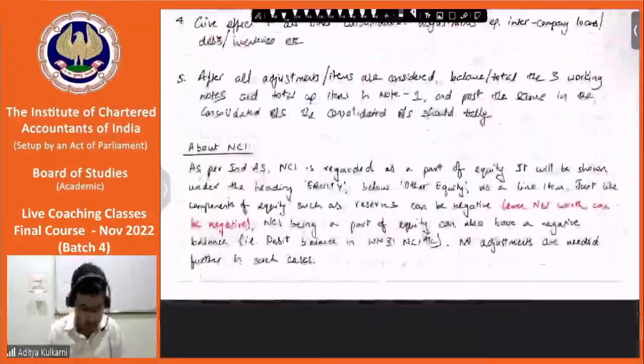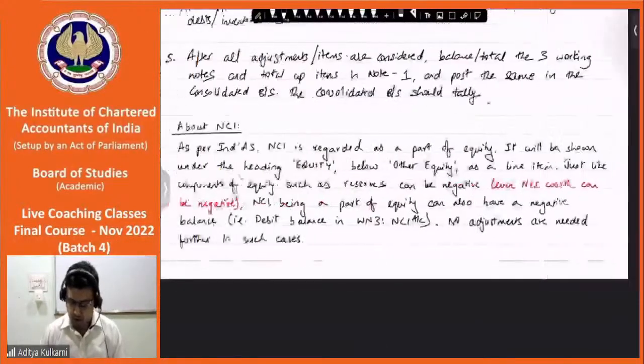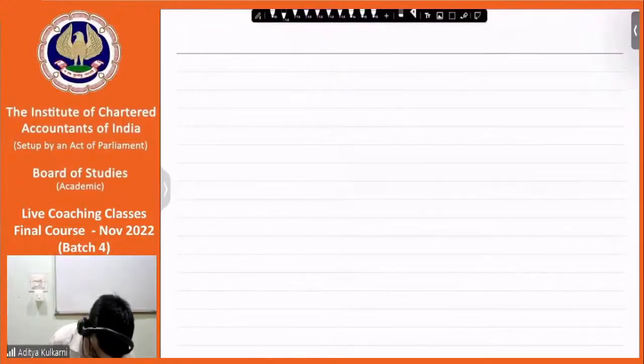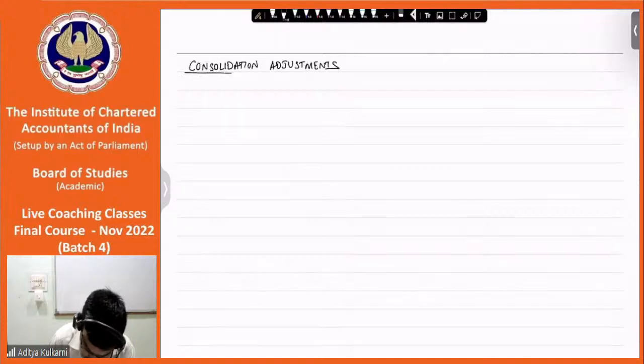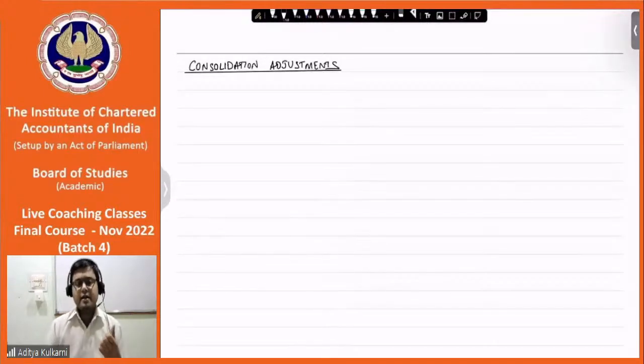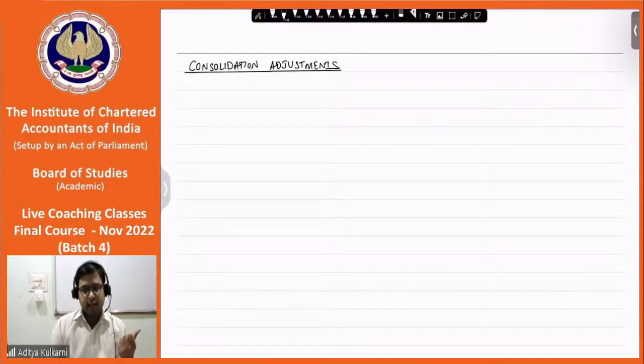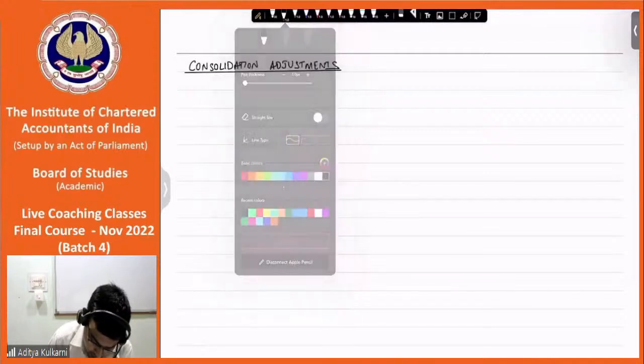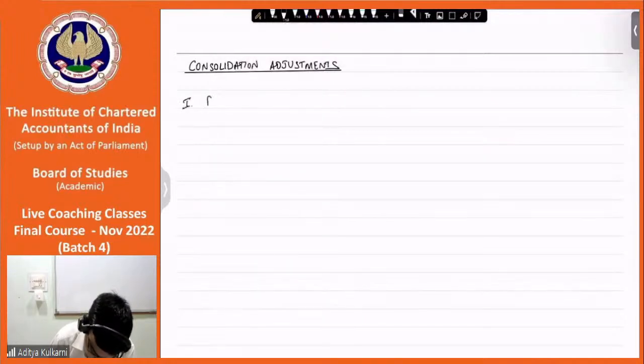We had last written about NCI. Below that, you give the heading Consolidation Adjustments. You remember in note 1, we used to write P Limited, S Limited, adjustment column and total. So these consolidation adjustments focus on that adjustment column, what all can happen. In this, the first one is